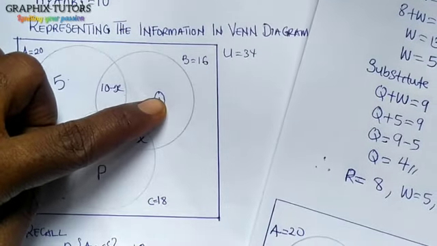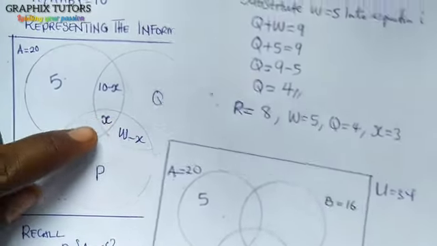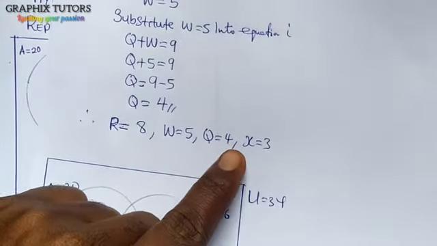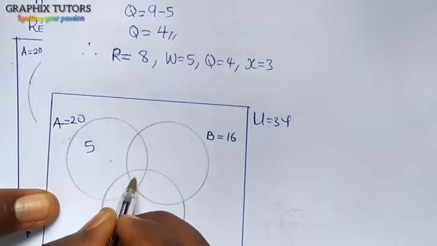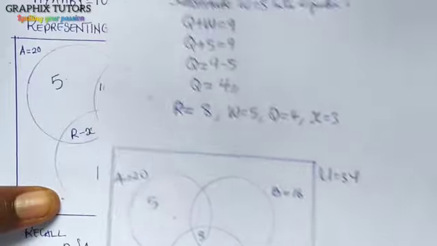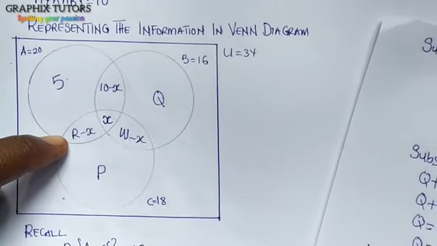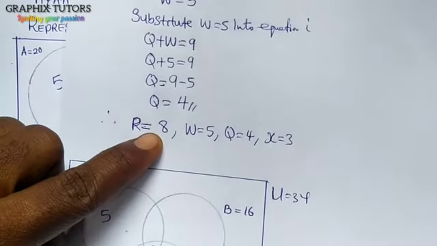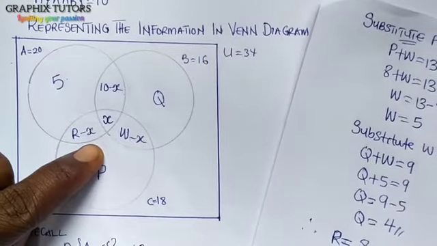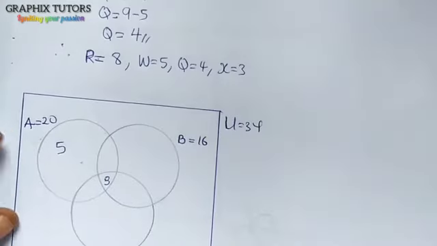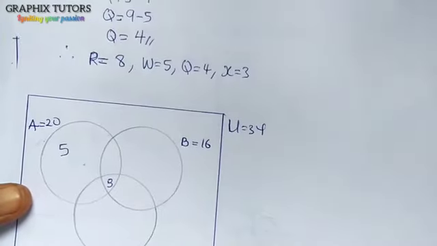q, and this x is what? Our x is given as what? 3. So I will put my 3 here, right? Then our r is 8, x is 3, so 8 minus 3 is going to give us 5,